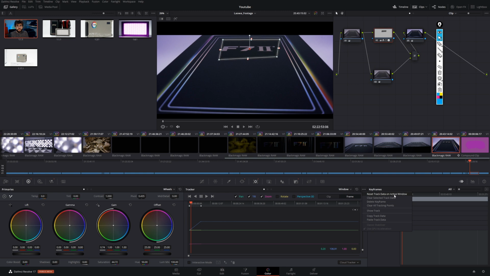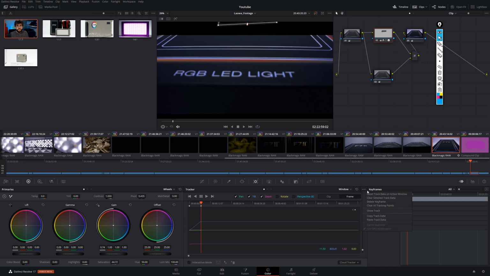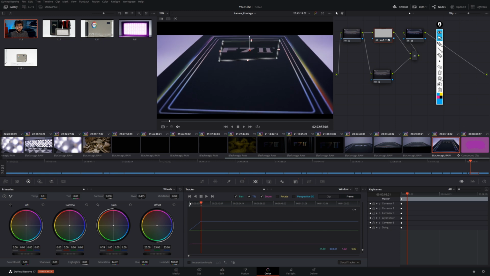All right, we can also clear the selected track data. We just had that, or we can delete individual keyframes. So head over here, delete keyframe, it's gone. What a surprise. All right, also we can clear all tracking points. Well, this apparently does nothing right now, but